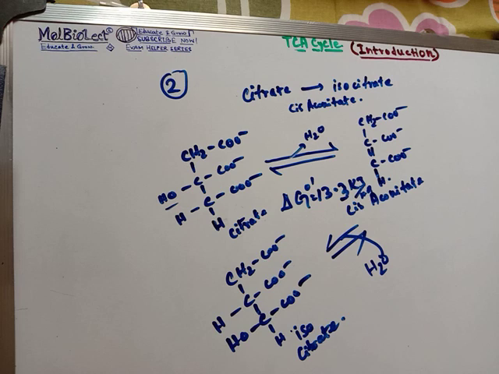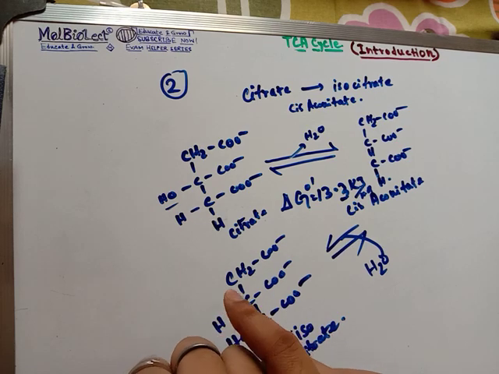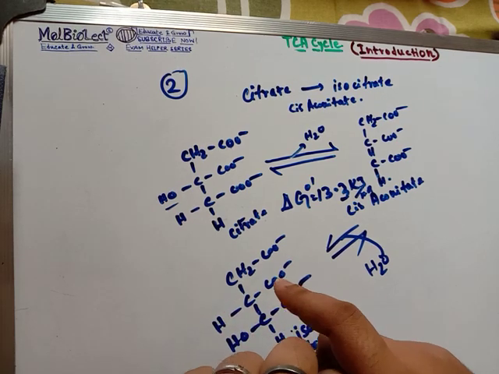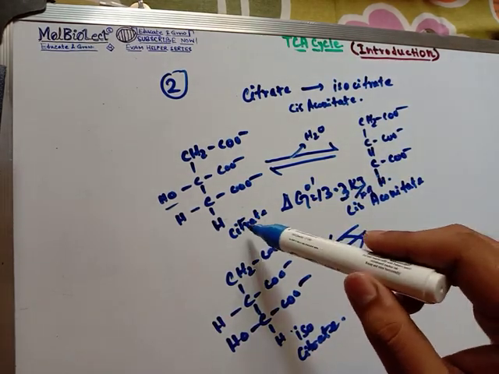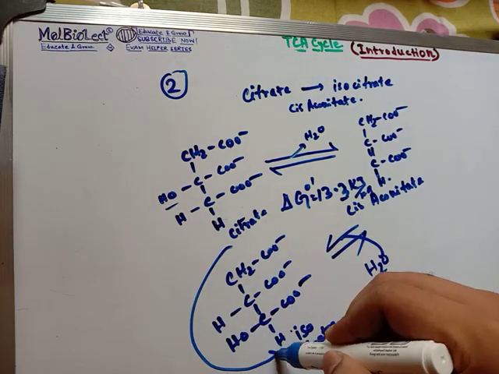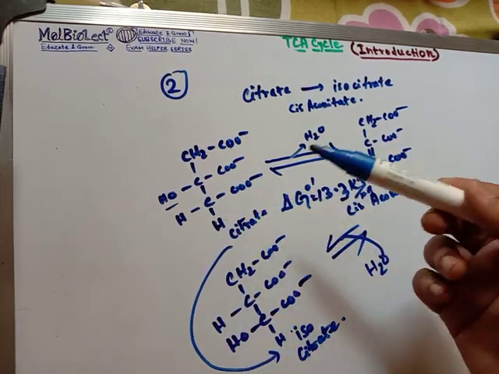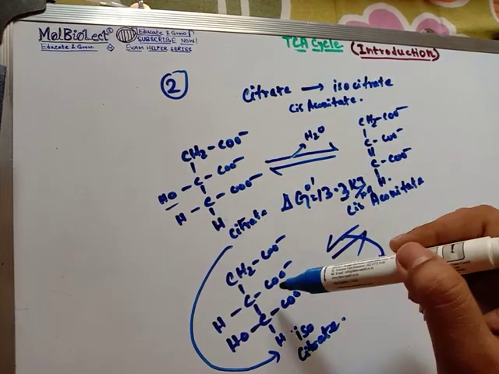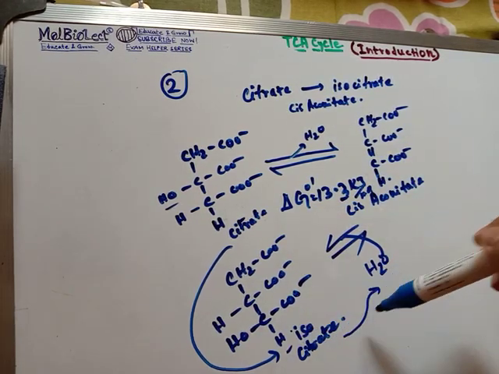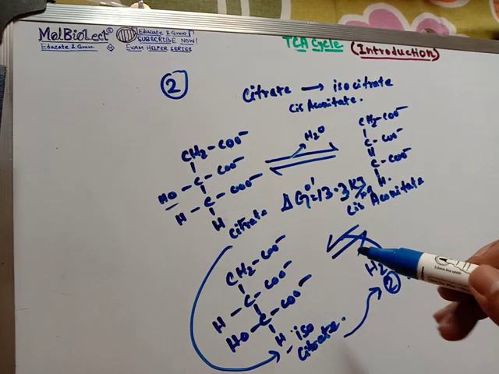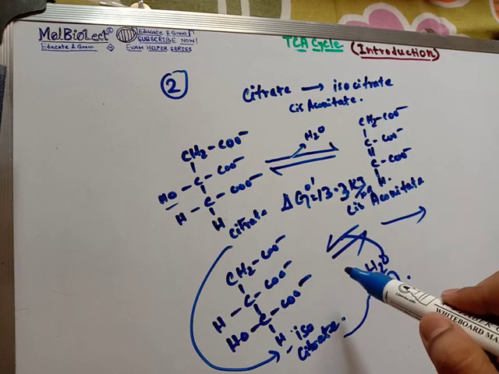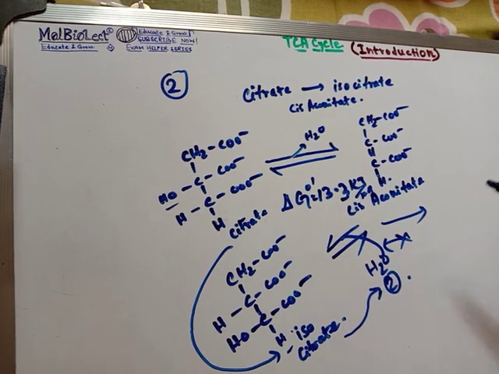Now only 10% of isocitrate is formed in vitro under mimic of cellular conditions, but although it is a cycle, its product is moved to the next step. What I am trying to say is that in vitro only 10% of citrate to isocitrate actually forms, but in vivo there is maximum conversion to isocitrate because this intermediate isocitrate is taken out and utilized in step 3 of the TCA cycle. So overall the reaction is always in the forward direction, not the backward direction. This is what I want to say for this video.